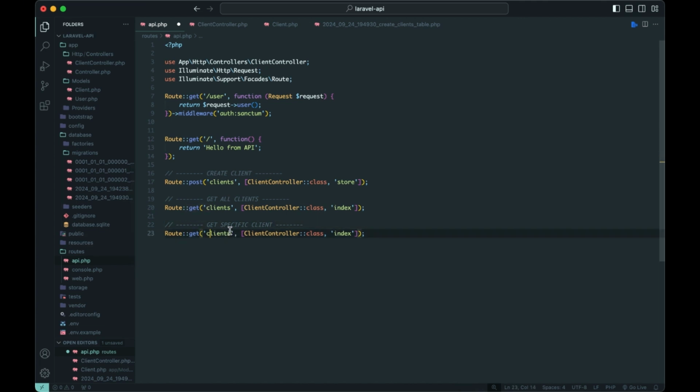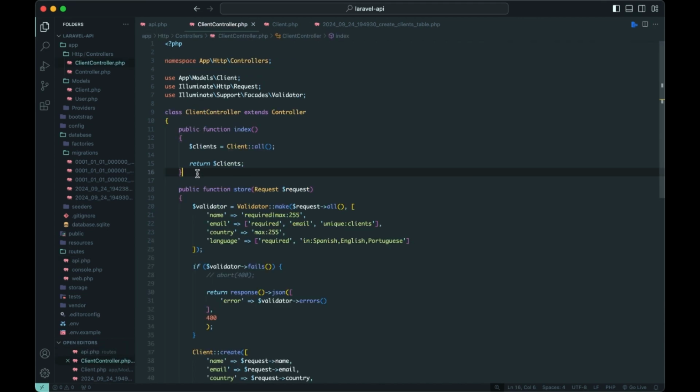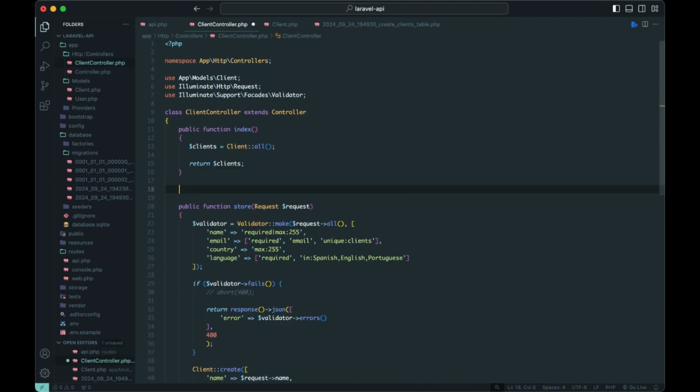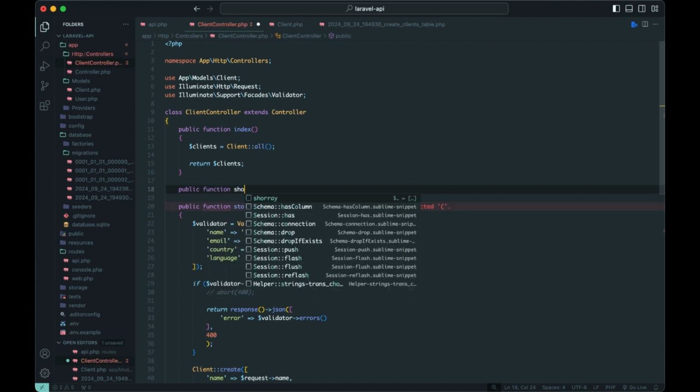Get, and here the client slash, we're going to receive the ID of the client, and the name of the action will be show. So here below index, show,